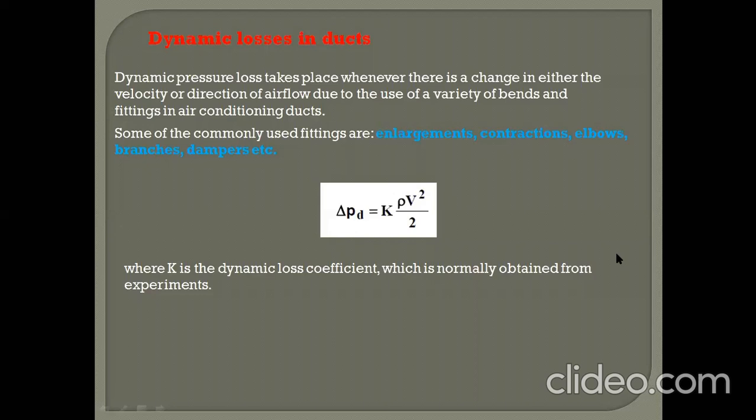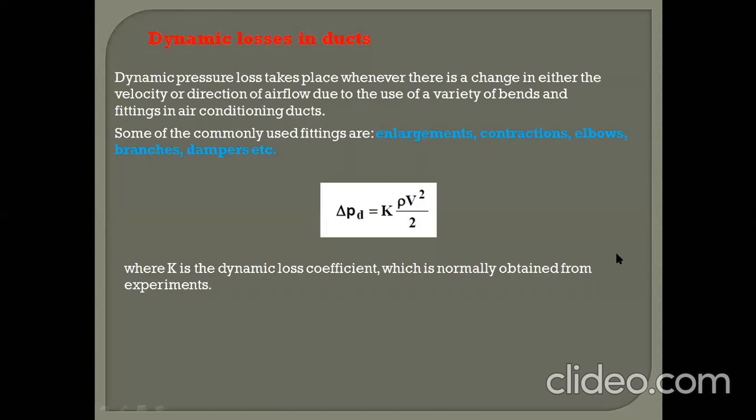At the beginning of this lecture and also in the previous lectures, I showed you one picture which shows a very complicated duct structure. In that duct structure, you observe lots of enlargements, contractions, elbows, bends. So whenever you design a duct for any building or any office, most of the time somewhere you have to enlarge the duct. You may have to contract the duct. Lots of bendings, T's are there. So this adds to these dynamic losses.